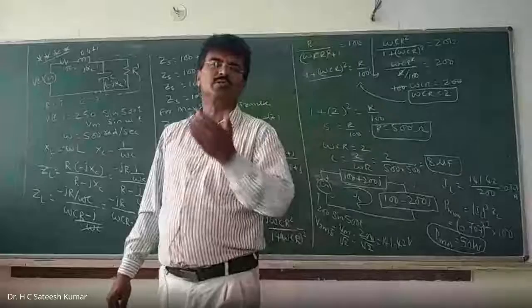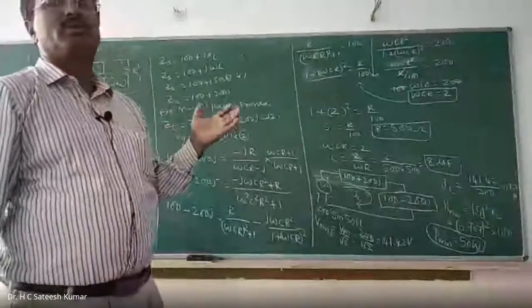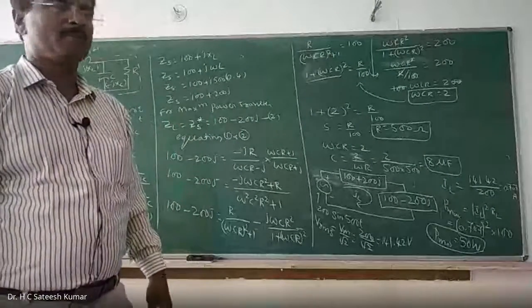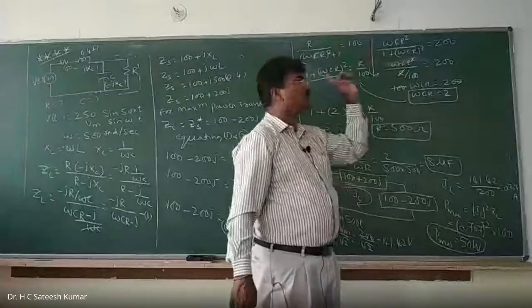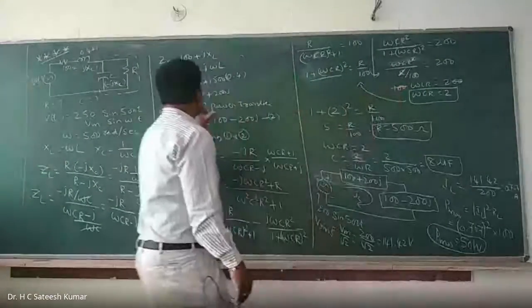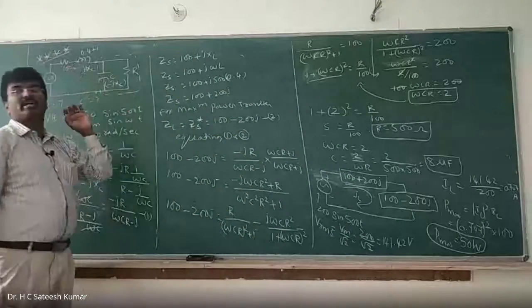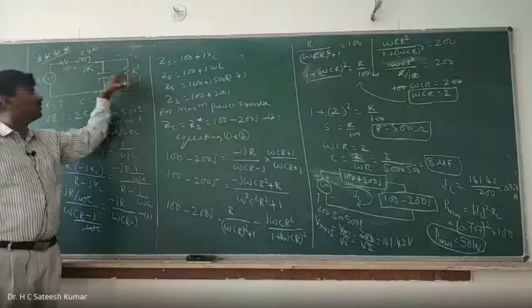That's how we should do it. We should be very careful while doing this kind of problems. Unless you practice it, you will get confused here itself, about how to equate it, how to compare it. And here he has given the parallel combination, so the whole thing you should take as load. Don't take only R as load. This one, R and C.